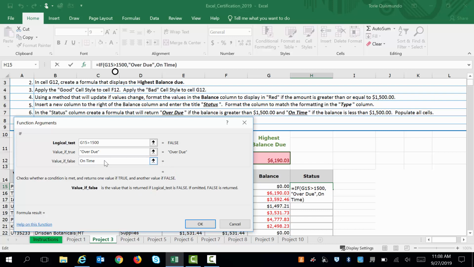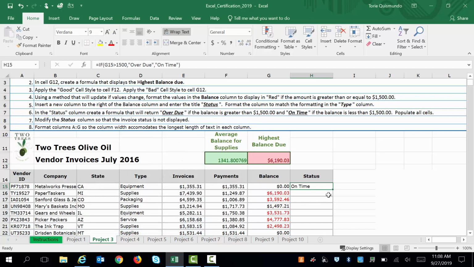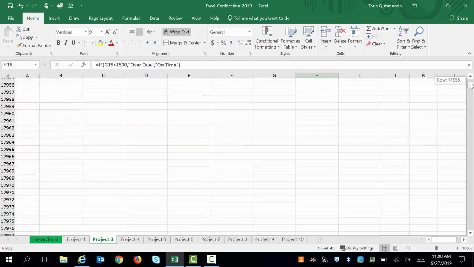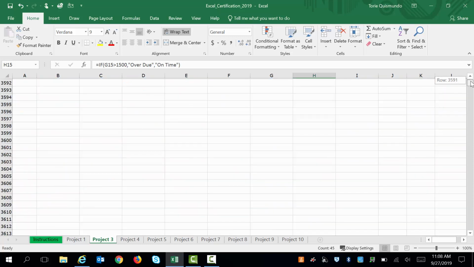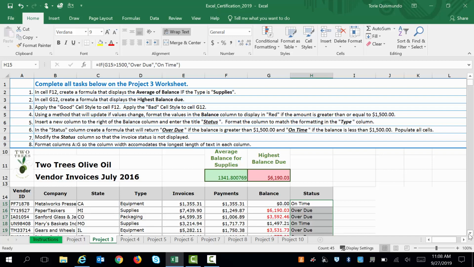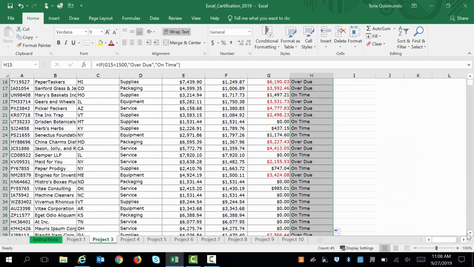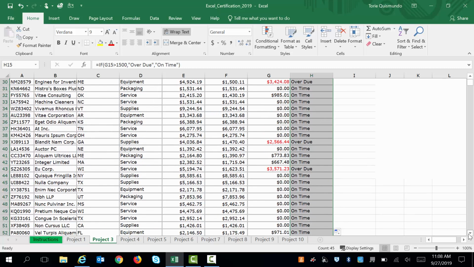So if I take a look at this, I can pretty much spell this out. If cell G15 is greater than 1,500, it will say overdue. And if it's not, meaning if it's less than, it's going to say on time. So I'll go ahead and say OK. This one here says it's on time. Now on your test, you can double click right here and it will fill the whole thing in also. So I double clicked on my fill handle and it went ahead and filled it down to all of the cells that are here on this sheet. All right, so that's your standard if statement. Okay,